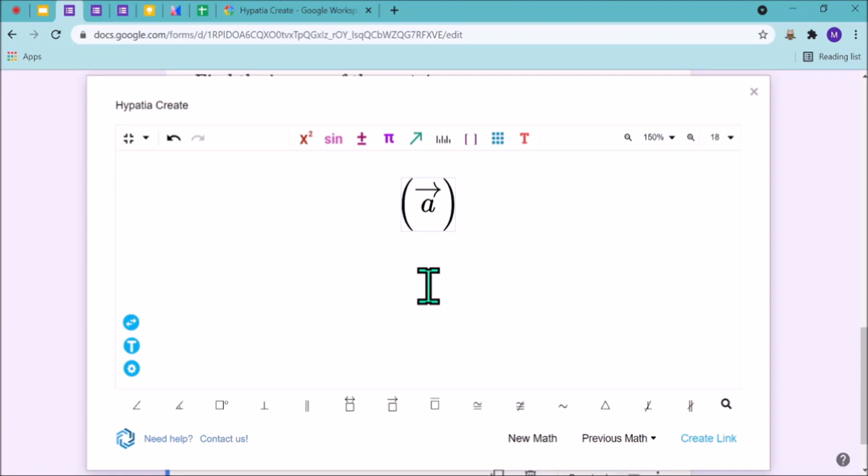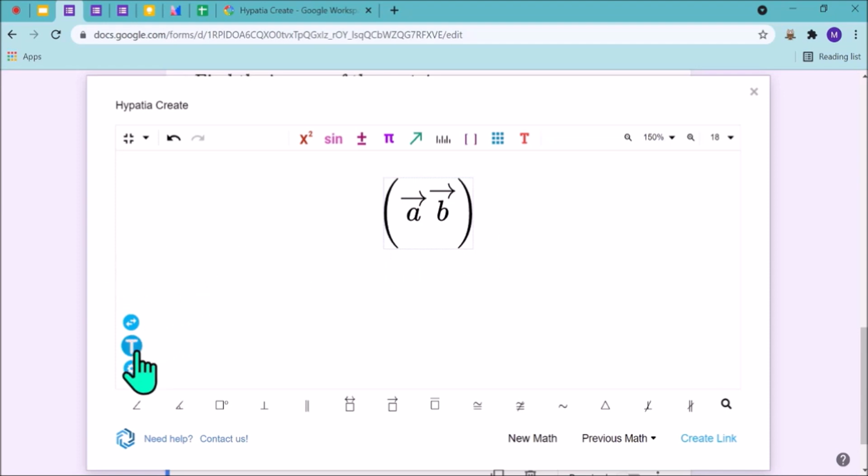We just type A from the keyboard. Then another symbol I want, it comes here itself. I have to come to right. Then again this. Again B I am typing from the keyboard. This is just two vectors I have taken in parentheses. I want to duplicate it because I want to write subtraction also, addition also, and product also.